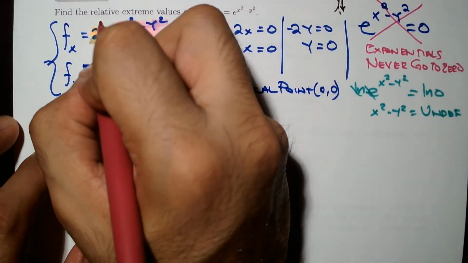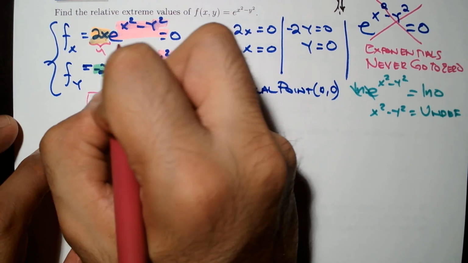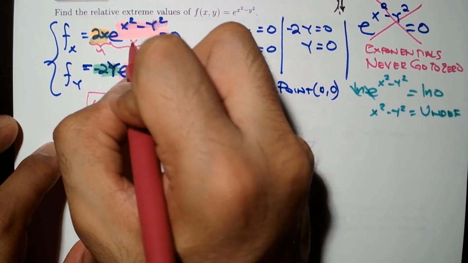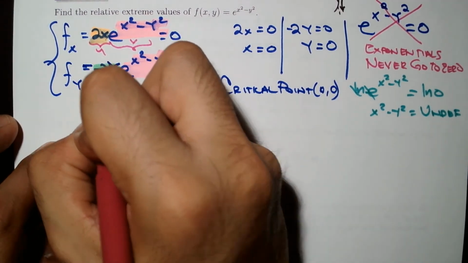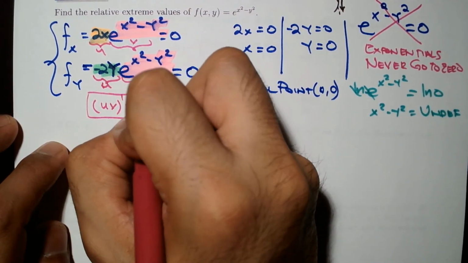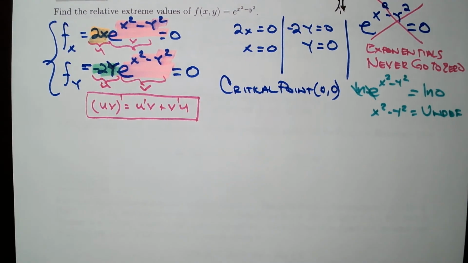And in this case, this is going to be our u, and the exponential will be our v. For the second function, that'll be our u as well, the negative 2y, and the exponential part will be the v. Alright, let's have fun with this product rule